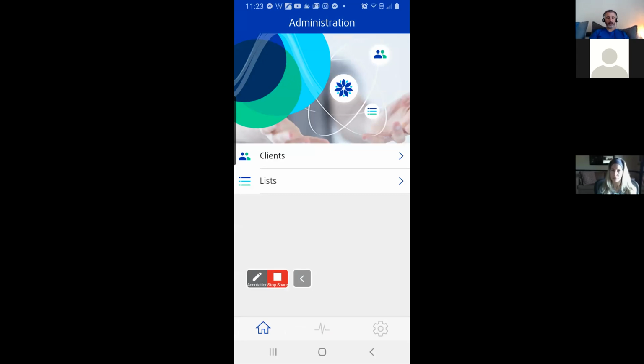You'll notice on the home button, I've got different clients and lists. The Healy Resonance, when you first set it up, and remember, I referred you to that video linked from the FAQ, linked from the YouTube playlist, on exactly how to set up your device, okay? When you set up your device, one thing that you do is you use a master key to set it up, okay? And the master key is a blockchain, how to describe it?